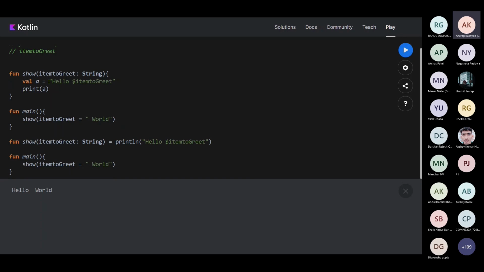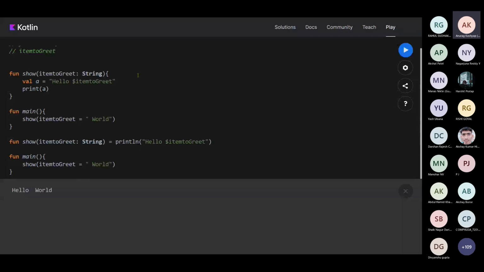It's a very long process, and obviously my compiler will take time to compile it and give me the correct output. So instead I removed these curly braces. I didn't declare a variable. I directly printed my value and directly called item to greet using the dollar function. That's all. That's simple.